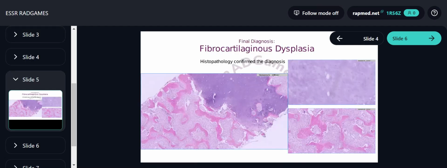Histopathology confirmed the diagnosis. On microscopic examination, the lesion is composed of two distinct components. These two tissue types are sharply demarcated from each other. The purple-colored area represents mature hyaline cartilage, with no cellular atypia or increased cellularity. The pink area shows classical features of